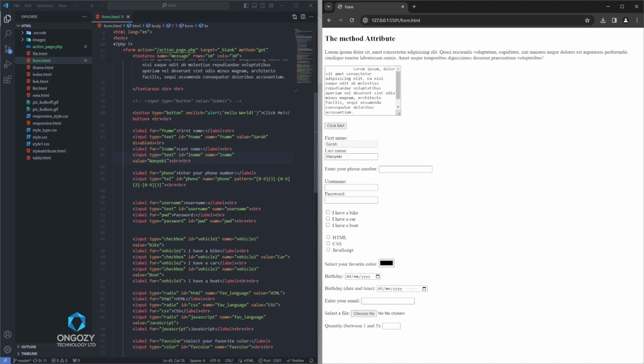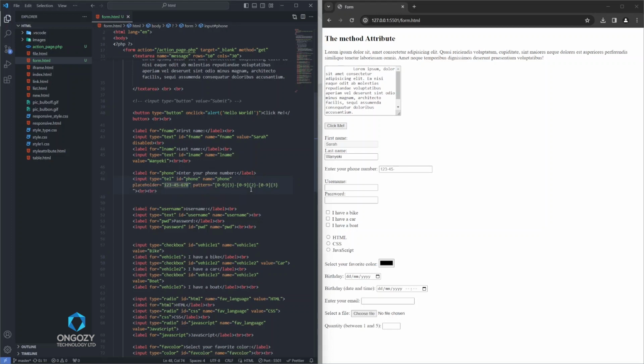It works with text, search, URL, telephone, email, and password. Like in our telephone here, we can come and write, let's have a placeholder of something like this. A placeholder that only displays, or it describes the expected